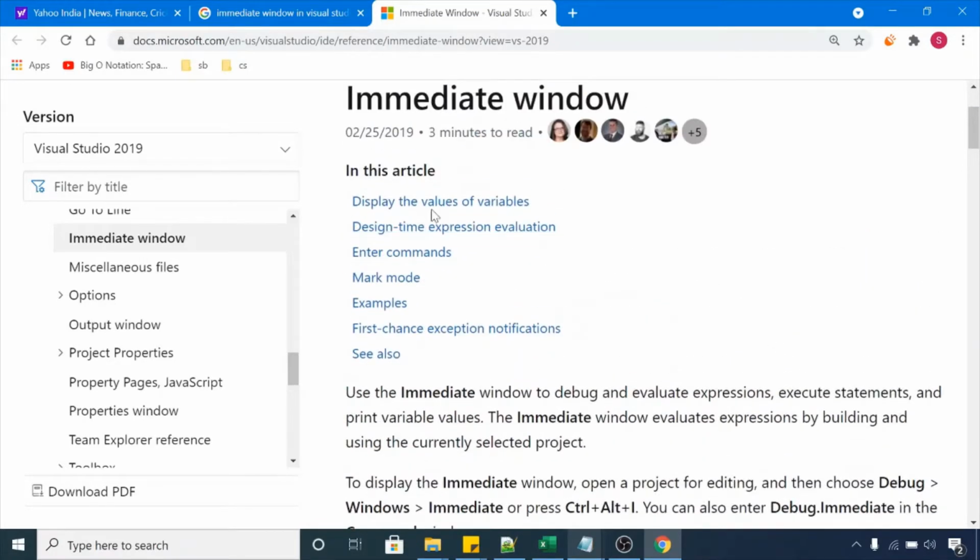Now these are the benefits, or you can say the features, of the immediate window. The very first feature is displaying the value of variables. While debugging, if you want to see the value of any variable, like an integer variable or string variable, or some array or some class object, you can see the values of these variables.